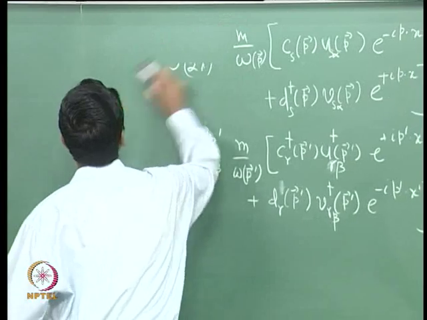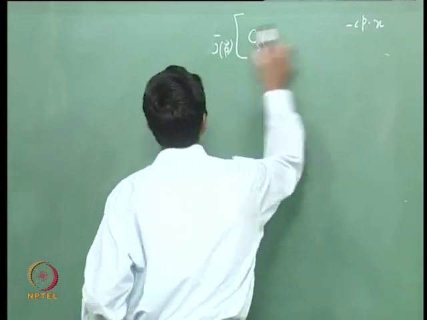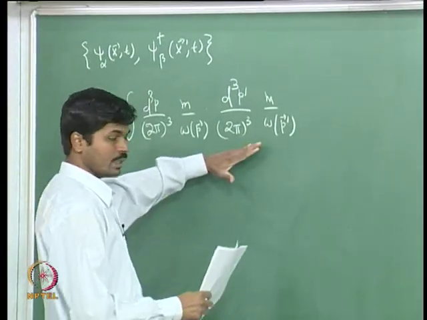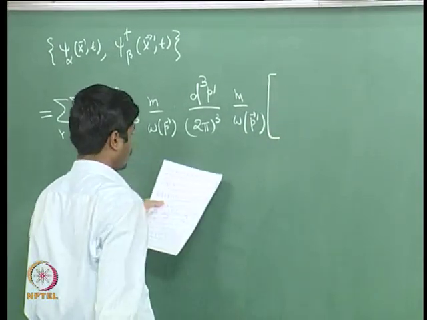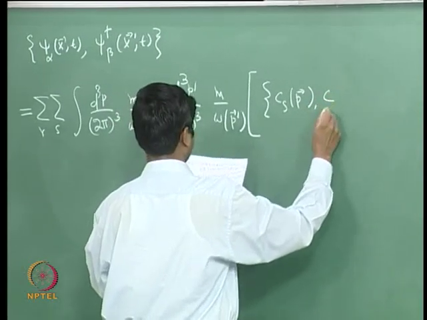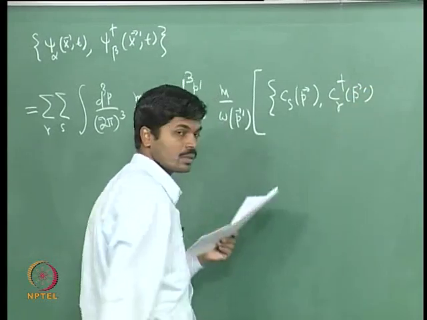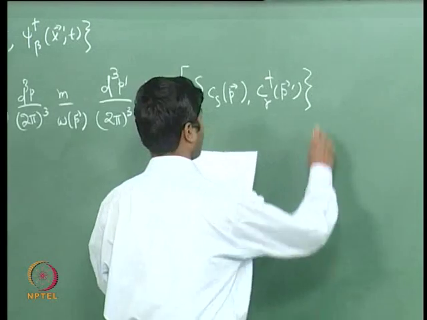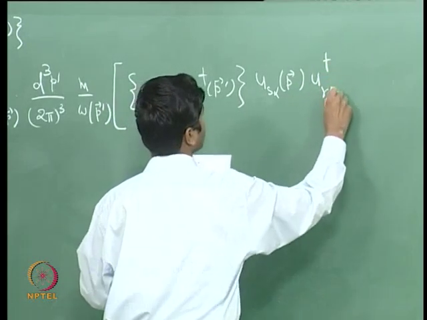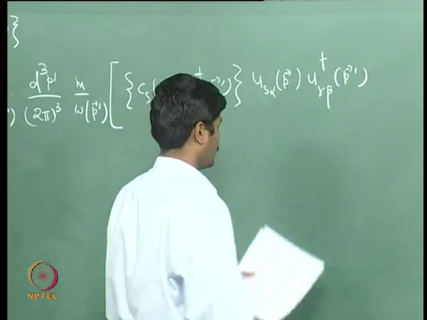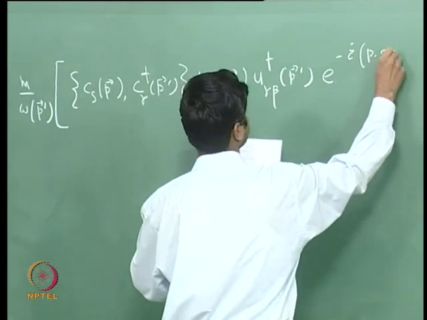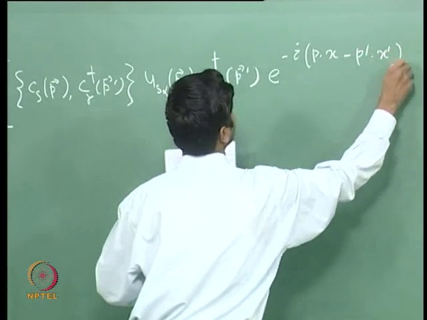So this times the anti-commutator of c_s of p, c_r dagger of p prime, and then u_s alpha of p, u_r dagger beta of p prime, and then e to the power minus i (p dot x minus p prime dot x prime). This is the first term,